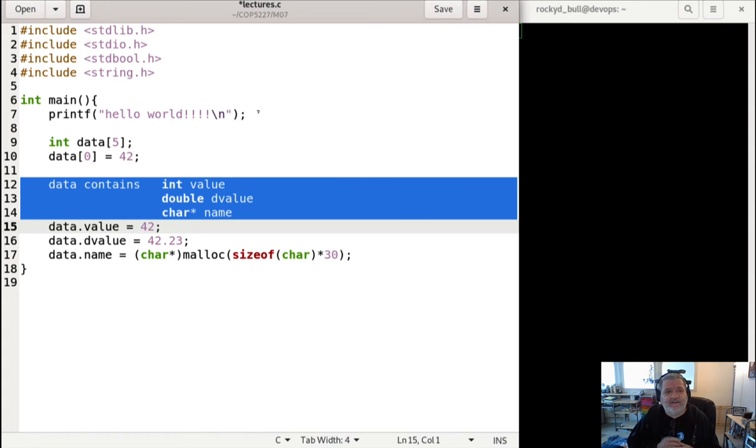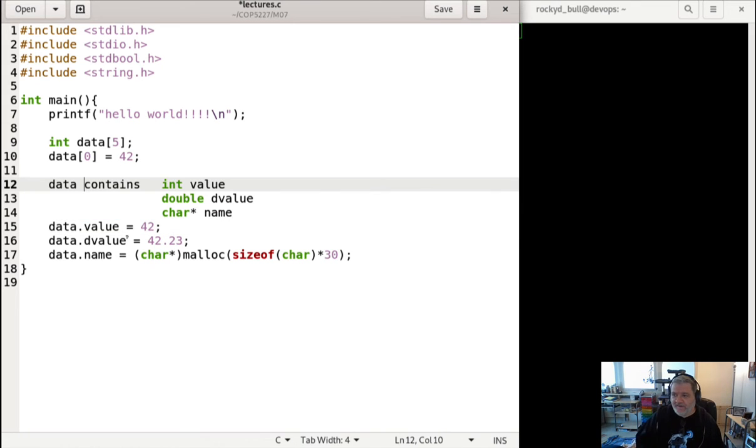This is also an idea that is very common in object-oriented programming languages, where we group together a bunch of variables. We say, okay, now this is a new data type, and I can have variables of that data type that contain those fields. One more thing here. Instead of just saying I declare data as blah, blah, blah, I'm going to say it in two steps. New data type, and I'm going to give it a name. For example, data type, my data